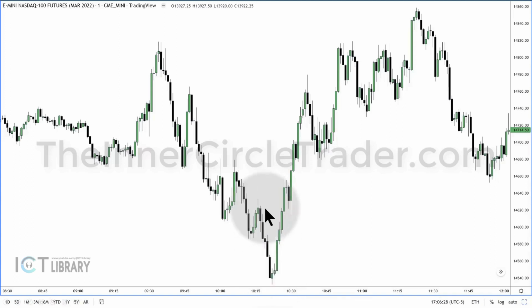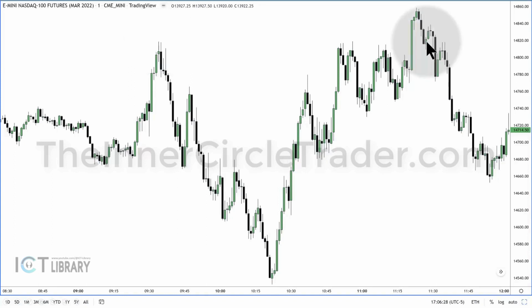When that opening price gets violated here, it changes its state of delivery. Now it was offering sell side. When it goes above that opening, now it's offering buy side. What will it be doing after that? It will be looking for buy stops, because it's offering buy side liquidity.